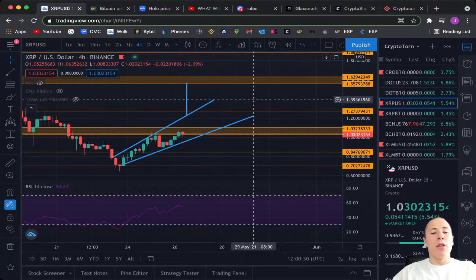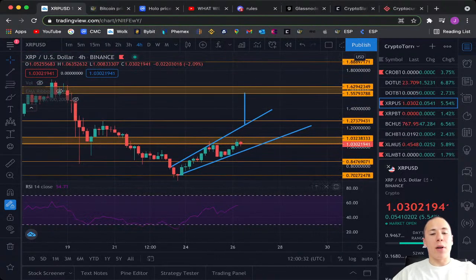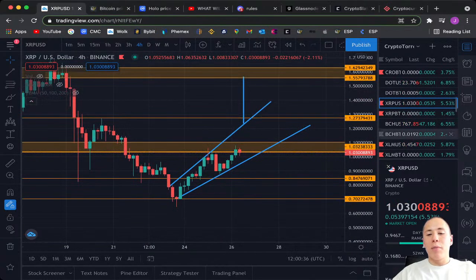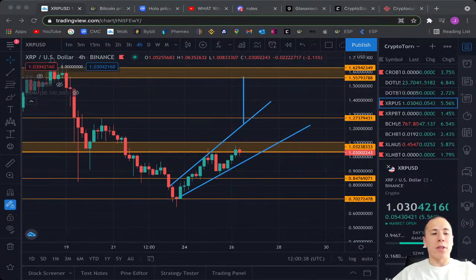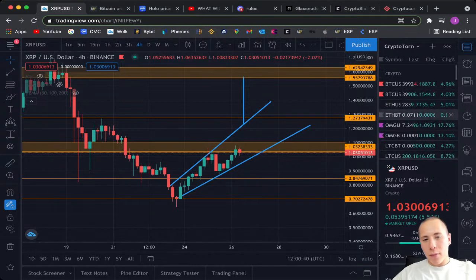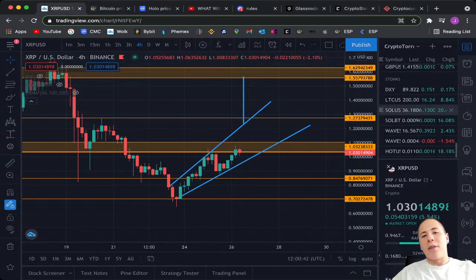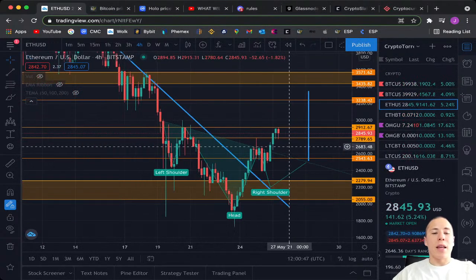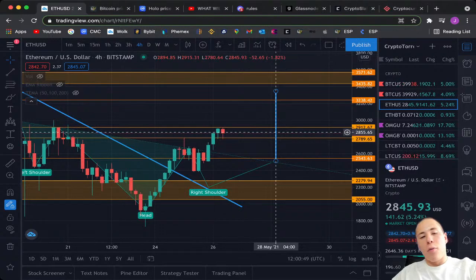So this is XRP and how it is looking right now, and we could be heading towards a different type of cryptocurrency right away. But before talking about a different thing, what I wanted to show you is actually for sure this Ethereum chart, and what I wanted to take